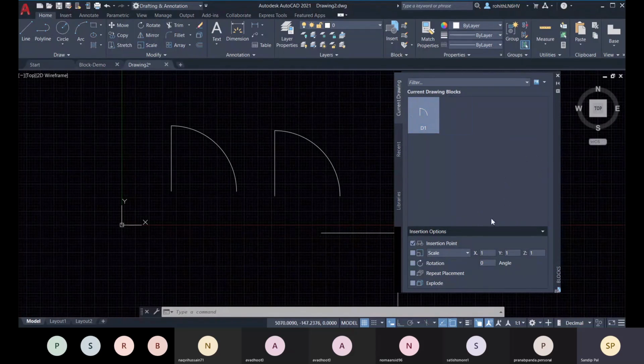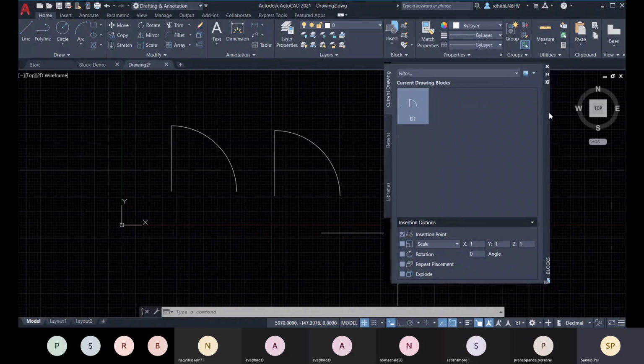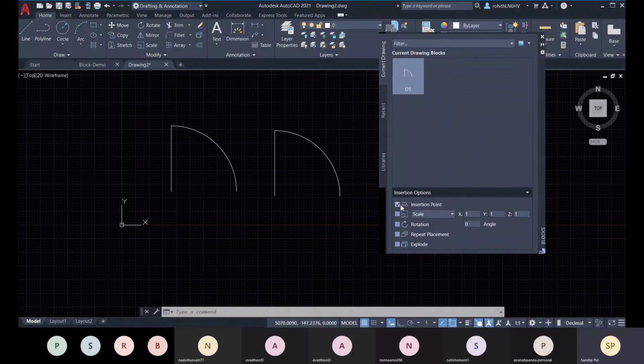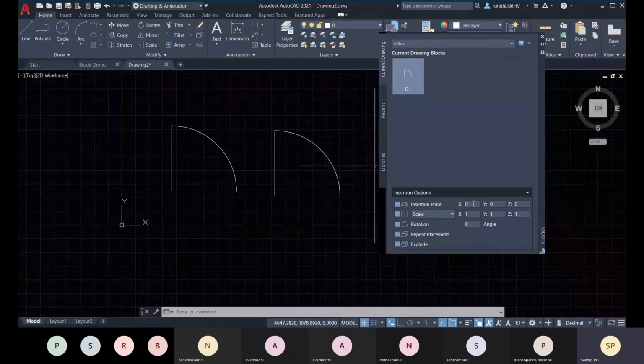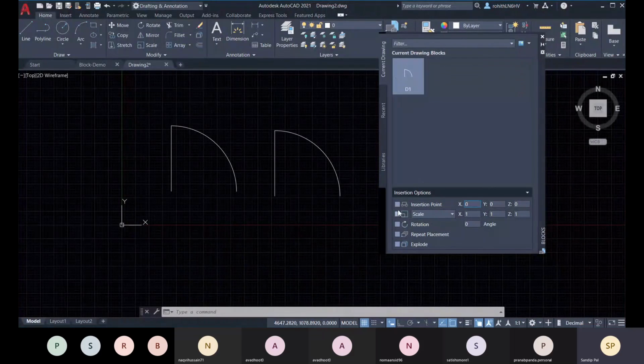Now about this scaling option, here you see the insertion option, how it will be inserted. The insertion point you were specifying on screen, that is checked. If you don't go with this insertion point, you have to specify the x coordinate, y coordinate and z coordinate, and at that point it will be placed.